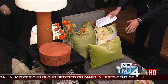And Carrie's one of our 6 award interior designers at the gallery. And he's going to kind of walk us through. Carrie, why don't you tell us a little bit about the pillows? I see a lot of pillows. What do you want to bring out of this display? I wanted to talk a little bit about the fact that color doesn't need to be a huge financial or emotional commitment. We're basically working with a very neutral color palette, but bringing in some of the color trends for this year. With some acid green, tangerine,